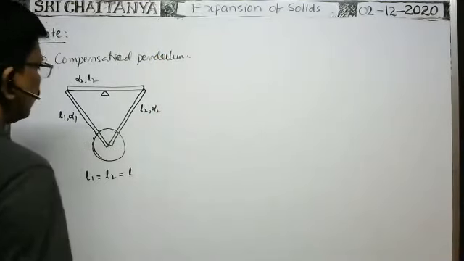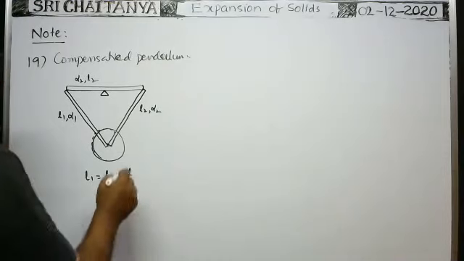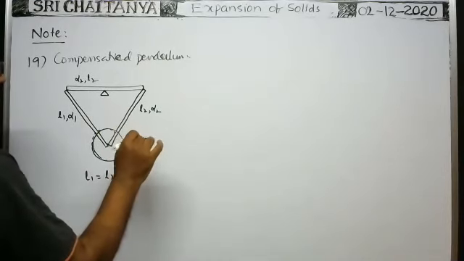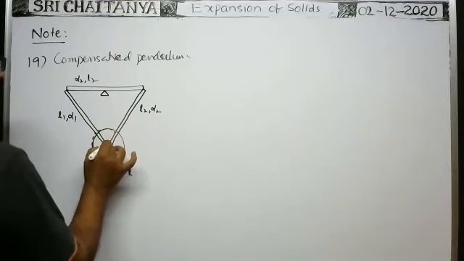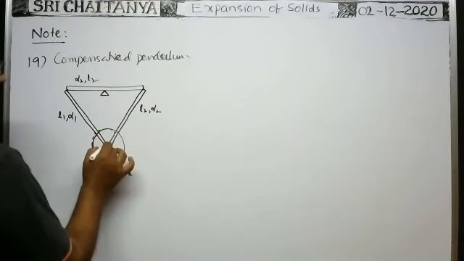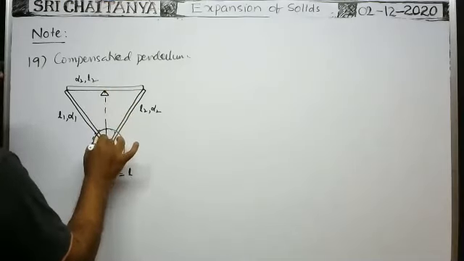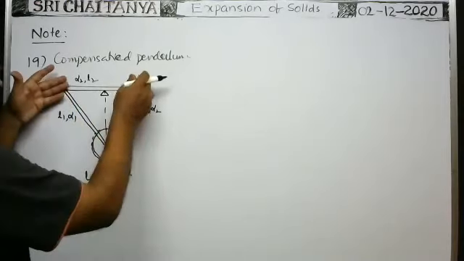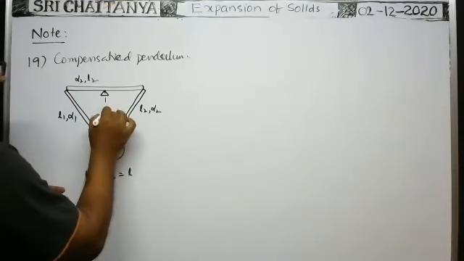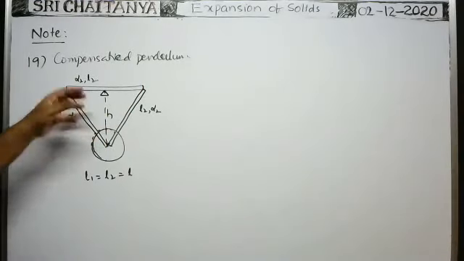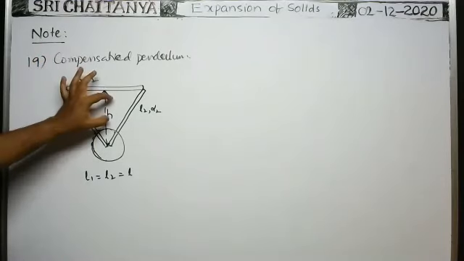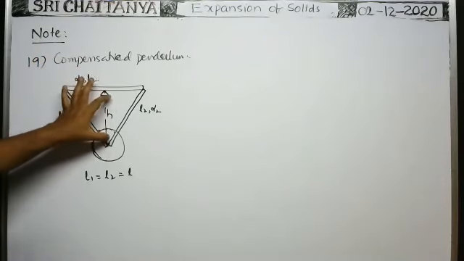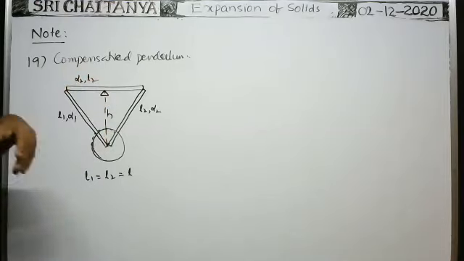In this compensated pendulum, the time period T equals 2 pi root L by g. L means effective length. Here the mass of these rods can be neglected, but the center of mass of this disc is here. Then this is the effective length of the compensated pendulum. Suppose when temperature increases, because of expansion of the rods the height would increase, but the height must be maintained constant. When the height H remains constant, then in 2 pi root L by g, L is equal to H, which remains constant. When it is constant, the time period remains constant. Such a pendulum is called a compensated pendulum.